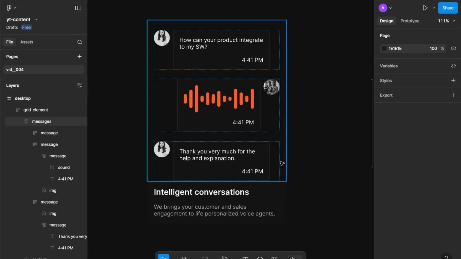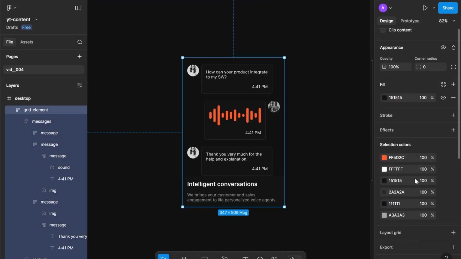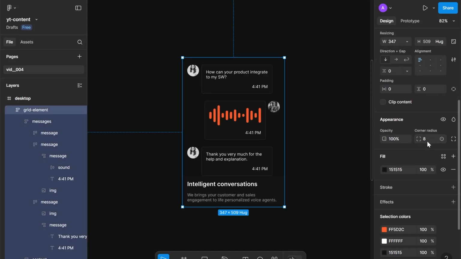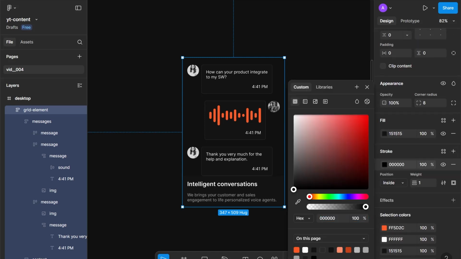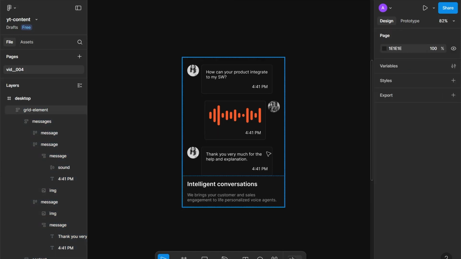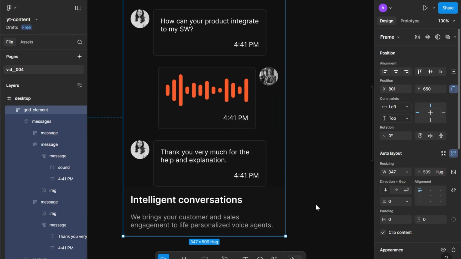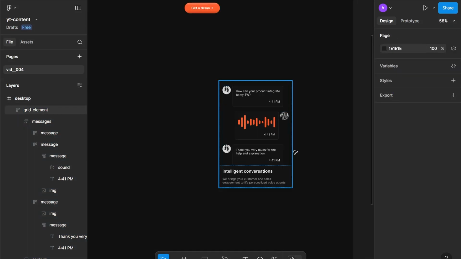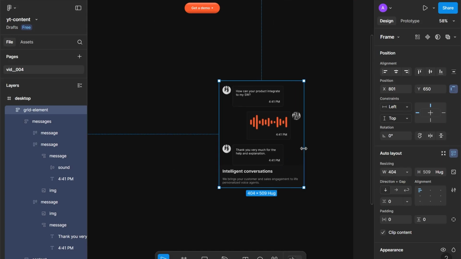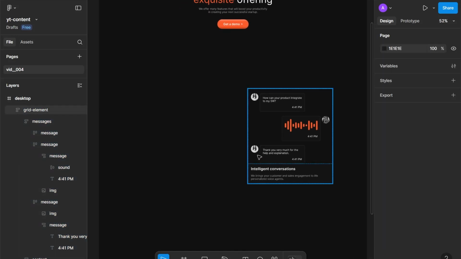So we can take everything here and give it, first of all, some corner radius. Then we can give it a stroke. And the stroke color would be the one which we've been using so far. It's going to be 2A. So since this is not showing, we have to clip content. And now it's showing. Okay, so let's make this a bit wider. Just a bit more, okay. That seems nice. So the final touches would be,